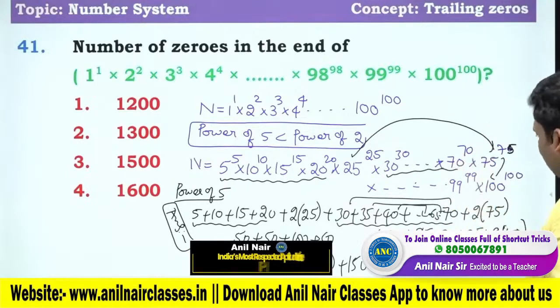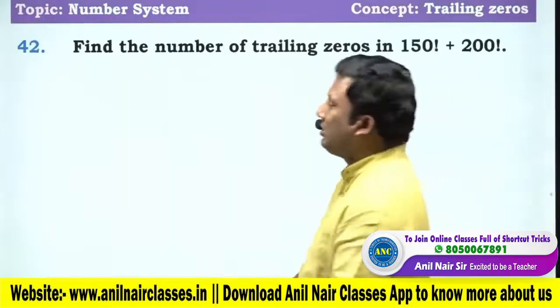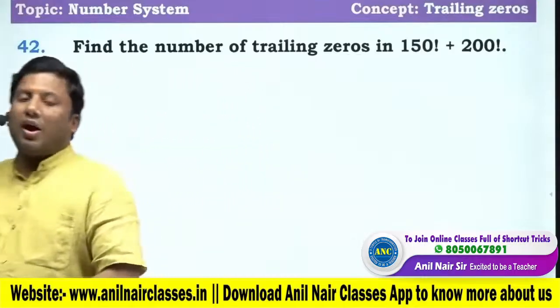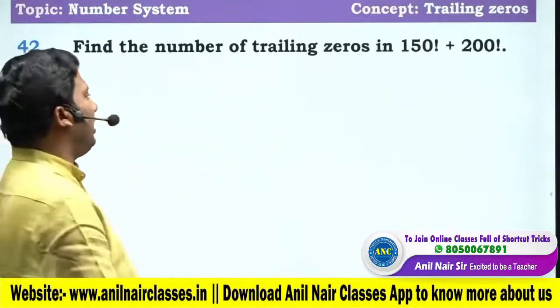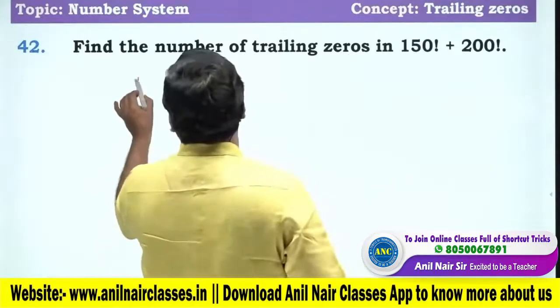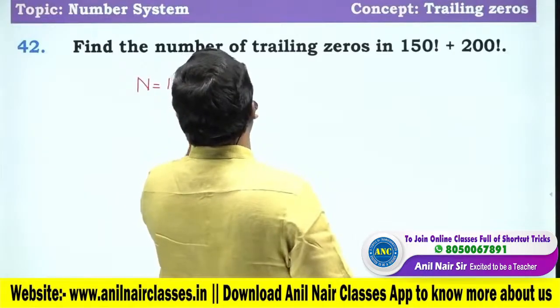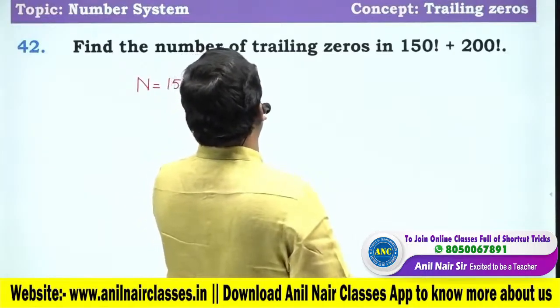Very, very good questions we are going to solve from here onwards. Find the number of trailing zeros in 150 factorial plus 200 factorial. Same question, we did it in session number 1. N equivalent to 150 factorial plus 200 factorial. So